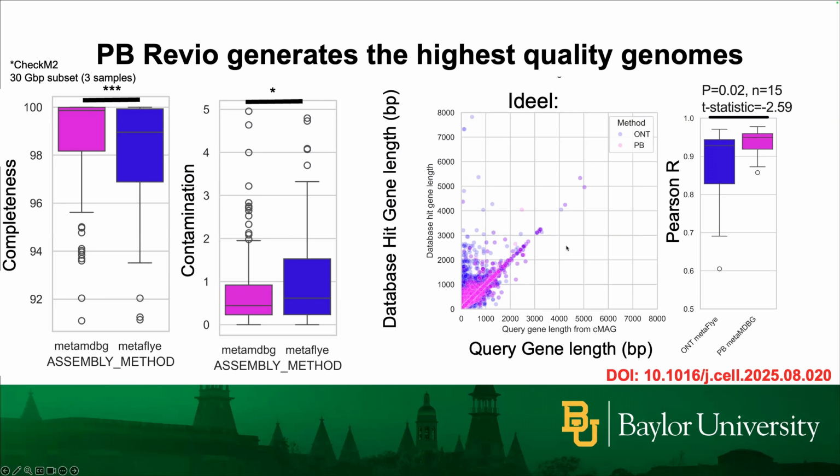And then we also used this IDEEL approach developed by Nick Watson, and the genomes themselves were also of higher quality. If an error is introduced into your genome, then when you go to annotate it, the genes themselves could be truncated artificially. So if your genes are shorter in your annotated genome as compared to what's in the database, then you would see a difference here. That's essentially what you see in this plot to the right, and again, that also was significant.